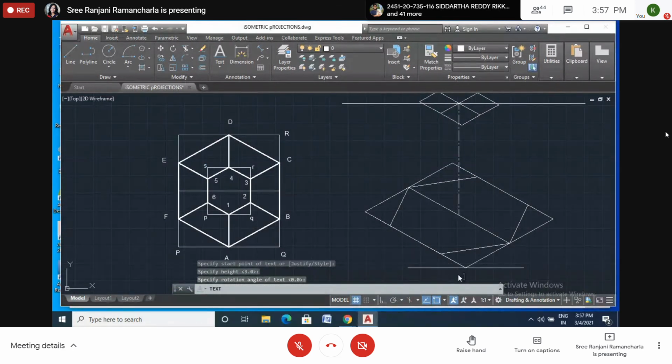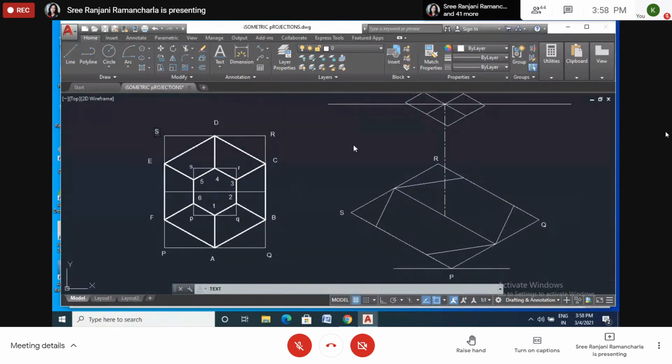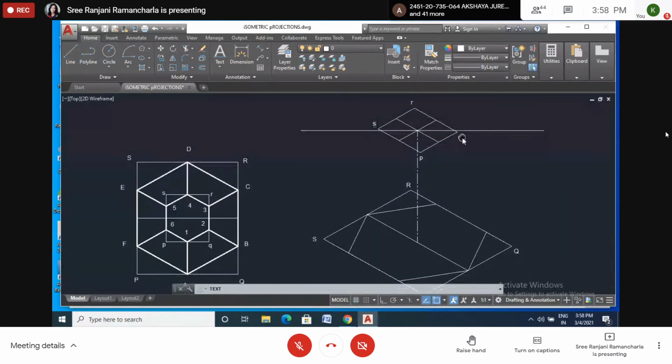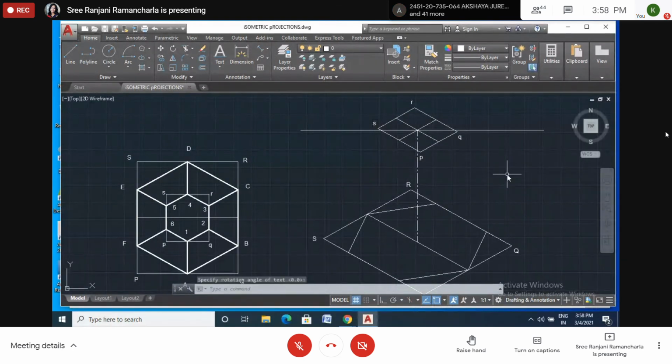This is capital P, Q, R, S, and same here also. This one is small p, q, r, and s. Okay. So enter.